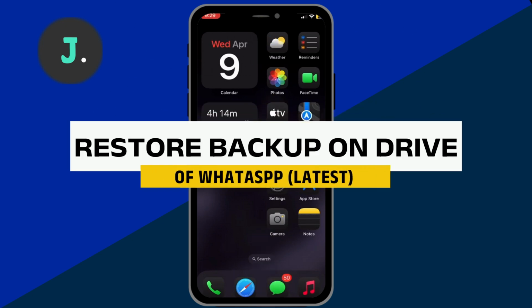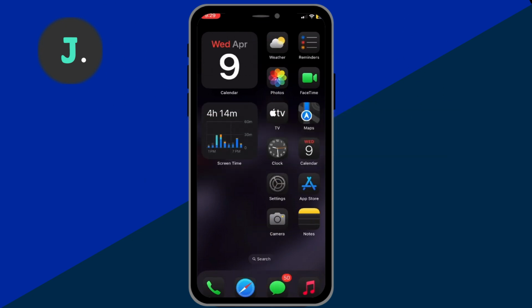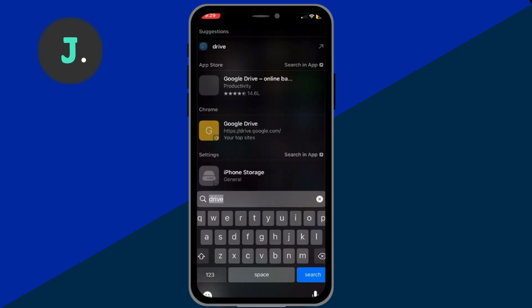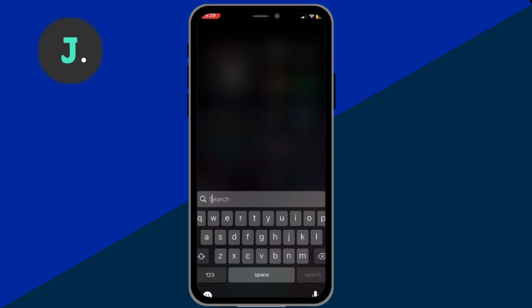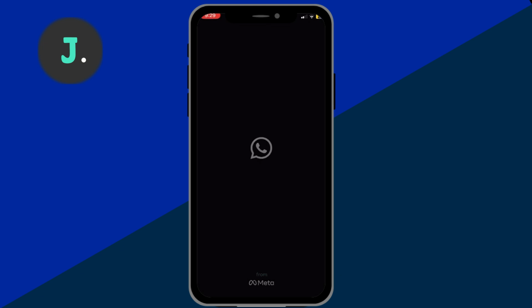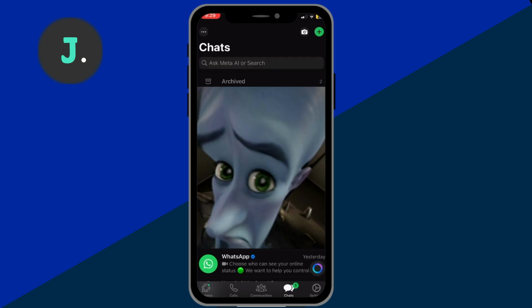Hi guys, so I'll show you how to restore backup in WhatsApp from Google Drive. So first things first, go and search for WhatsApp. Okay, WhatsApp. Once you search that up, go over here to settings and now